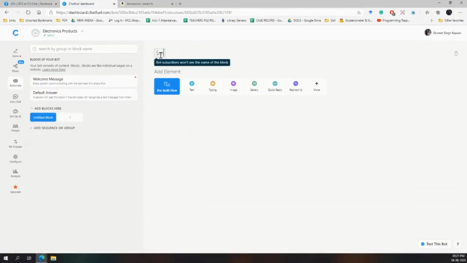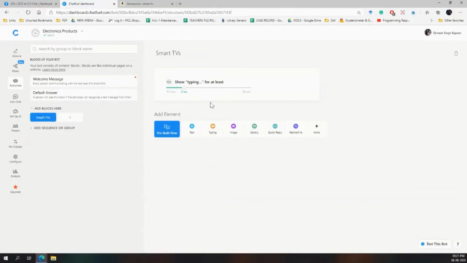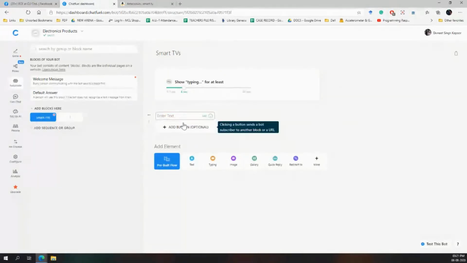Now this block I am making for smart TVs. In this block, you can add a text. You can add typing, just like you are typing, to give a humanly feeling to the user. You can also add a typing indicator, so it will show typing for 4 seconds. Then it will show a text,